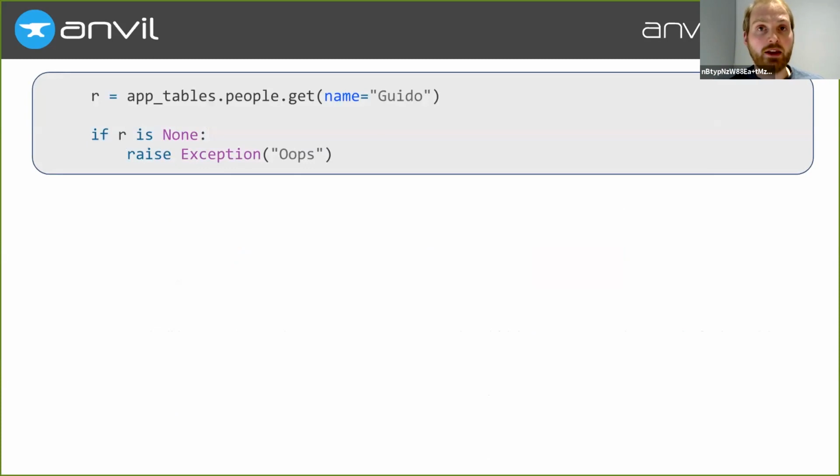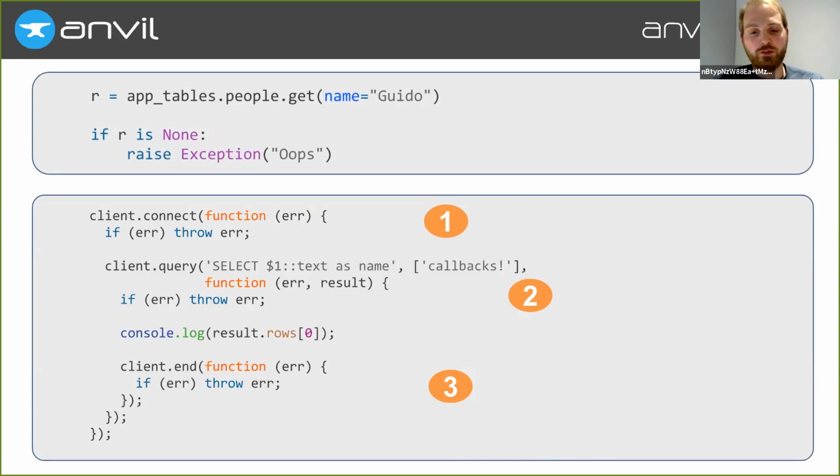For example, here's some code that you might write in Python. Get a row from a database, do some computation on it. Here's what that sort of flow looks like in JavaScript. I count 3 nested callbacks. And lest you think I am exaggerating this, this was copied and pasted from the first page of the Postgres JavaScript API documentation. I'm sure you can do promises with this, but you're still going to be writing that many anonymous functions.